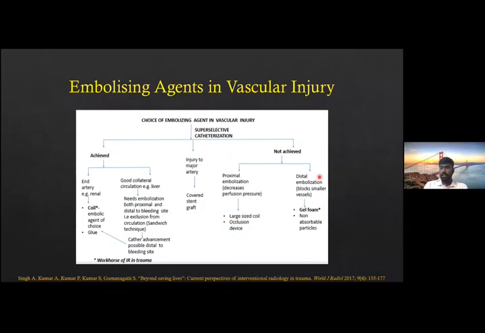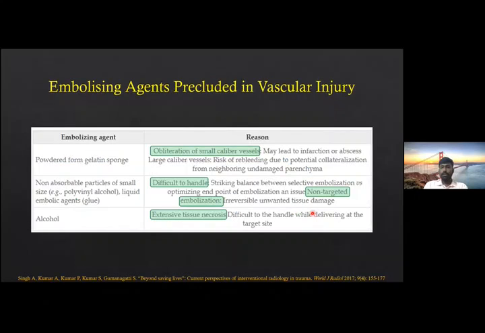Distal embolization can usually be done whenever superselective catheterization is still not possible, by way of gel foam and the use of non-absorbent particles, which are usually used rarely. So coils and gel foam embolization are the workhorse of interventional radiology in trauma. The embolizing agents which are not commonly used in vascular injury are the powdered form of